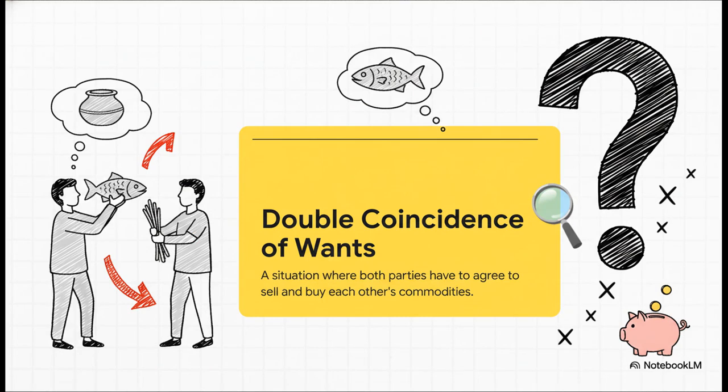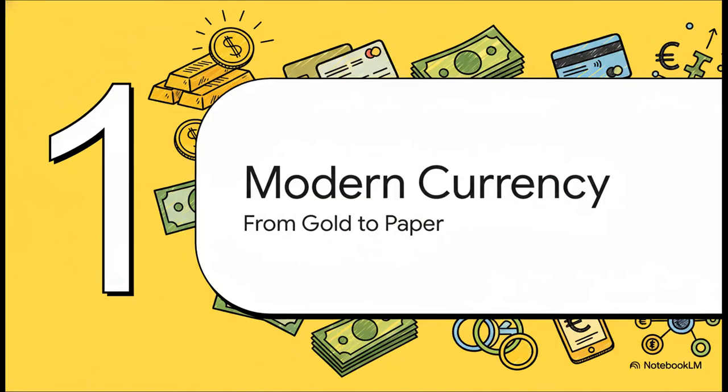This essential feature of the barter system is called the double coincidence of wants. It's a very important term. It means both people have to want what the other person has. Think about how difficult that would make trade in our daily lives. So, money solved this problem. It acts as a medium of exchange that everyone accepts, but the form of money has changed a lot over